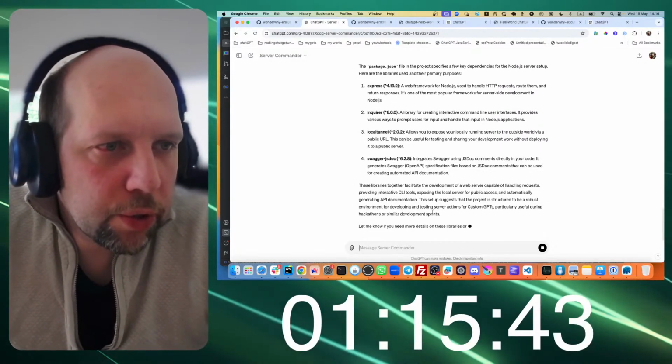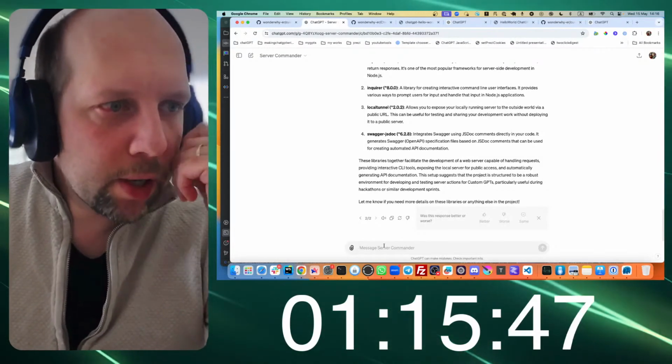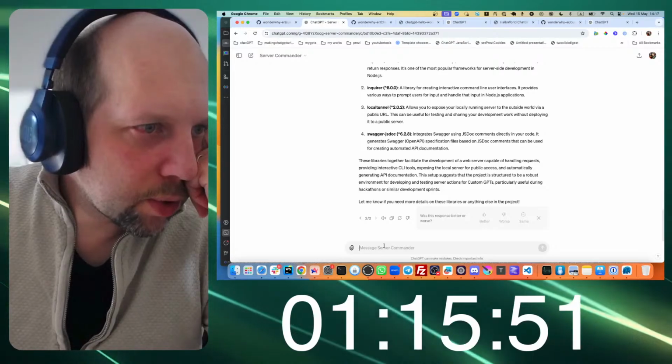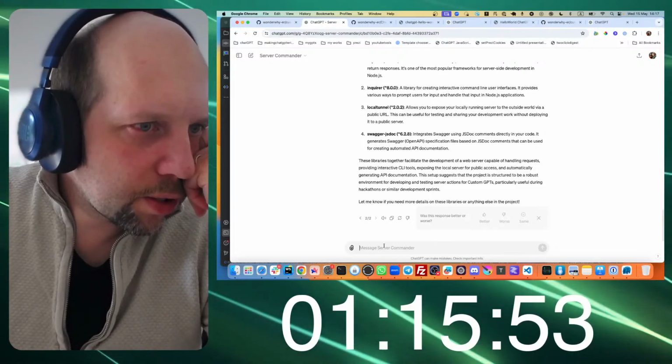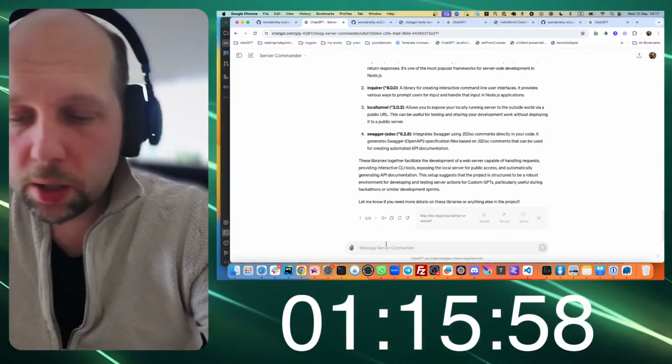Okay, Swagger JS doc. Yeah, okay. These libraries together facilitate a developer web server capable of handling requests, providing interactive CLI tools, exposing local server for public access, and automatically generating API documentation. That is correct. The setup suggests blah, blah, blah. Okay, so